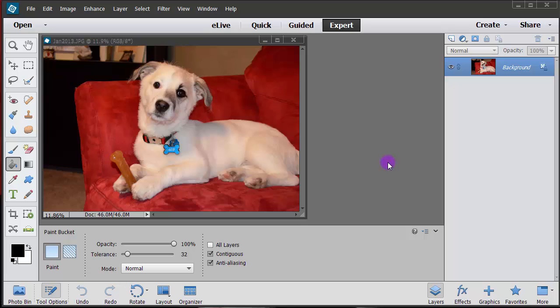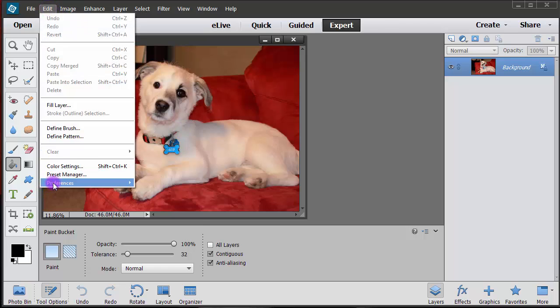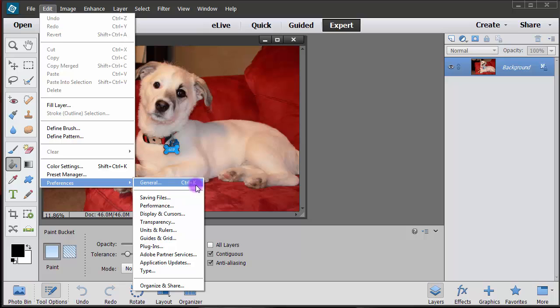As soon as I get a new version, I check my preferences because I like mine set up a particular way. Now, just because I set mine up some way doesn't mean that you have to set it up the same way, but I do want to show you some of the things that I'm very particular with as far as my preferences. So you can find your preferences under Edit, Preferences, and then you can go to Control K to bring them up,